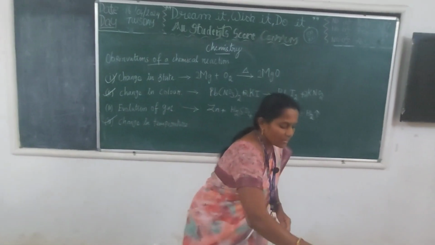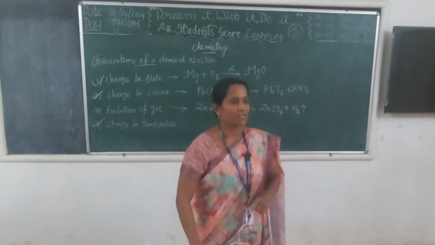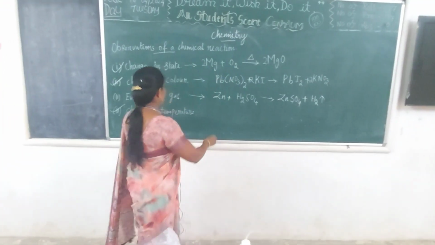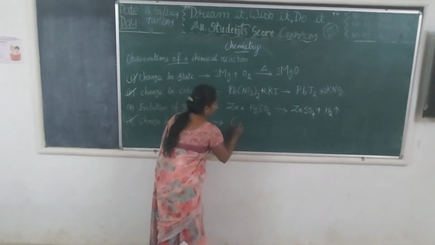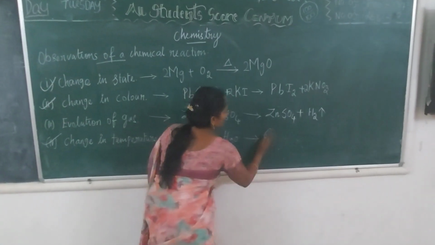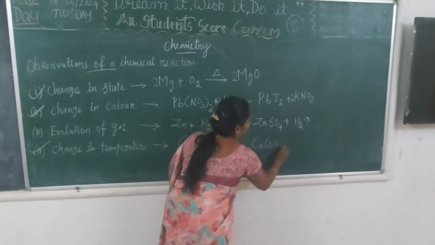The temperature change indicates the chemical reaction between calcium oxide and water. The chemical equation for this reaction is calcium oxide reacts with water. It forms calcium hydroxide along with